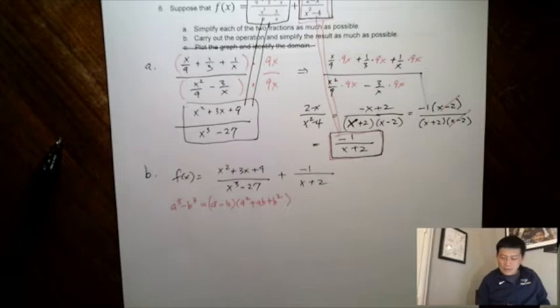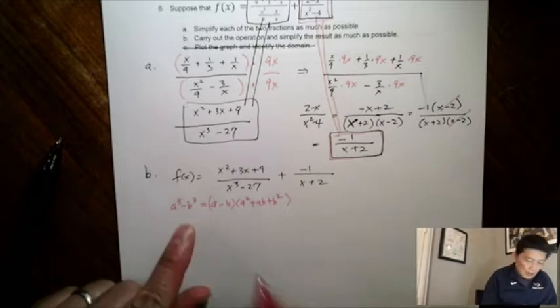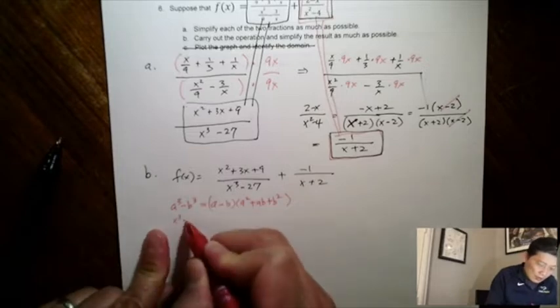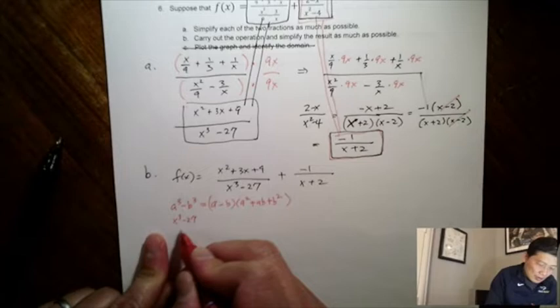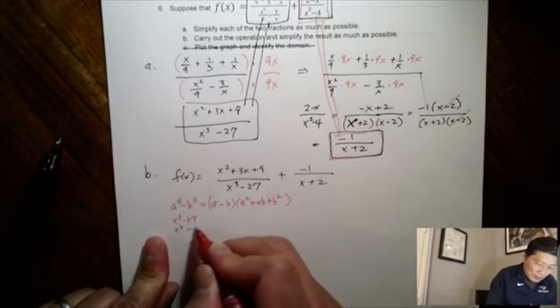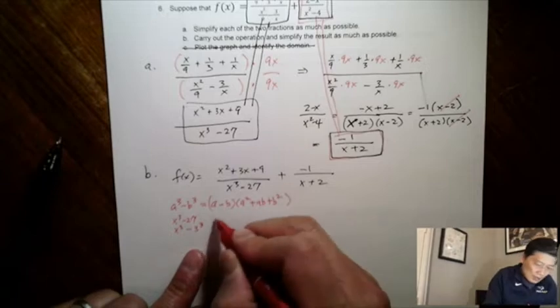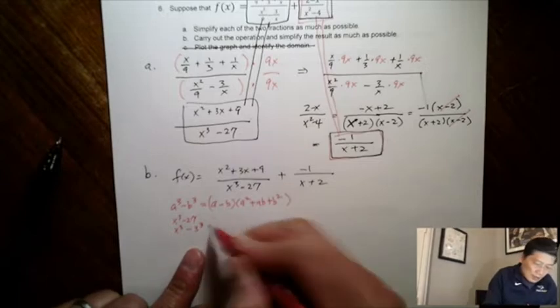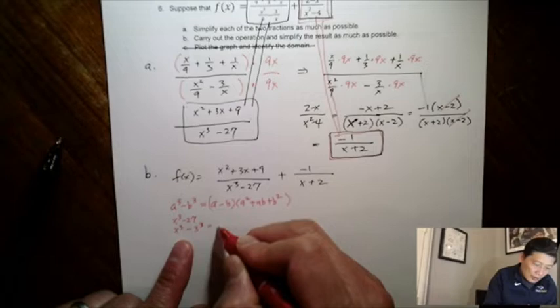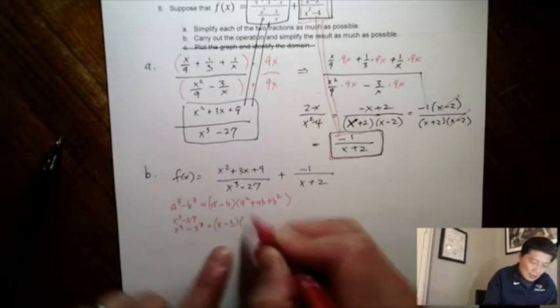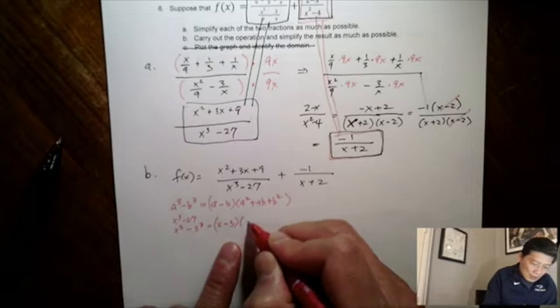If that's the case, x cubed minus 27 is essentially x cubed minus 3 cubed. What that means is that a is x, b is 3, and I end up with x squared